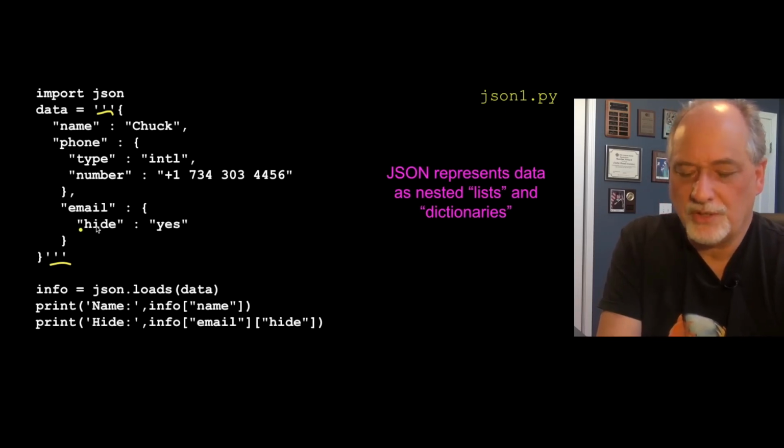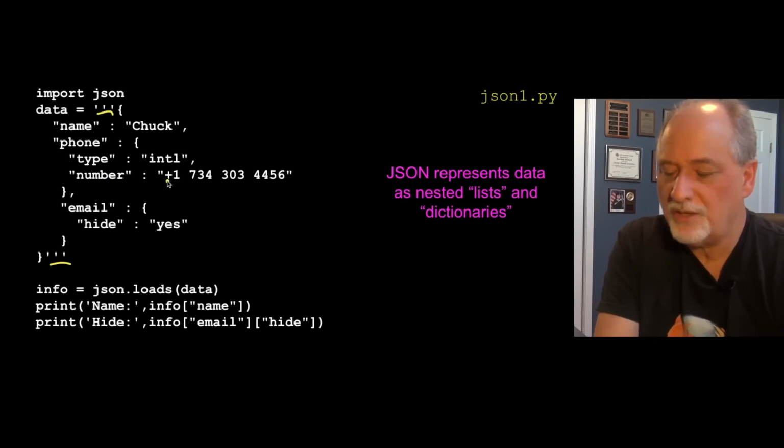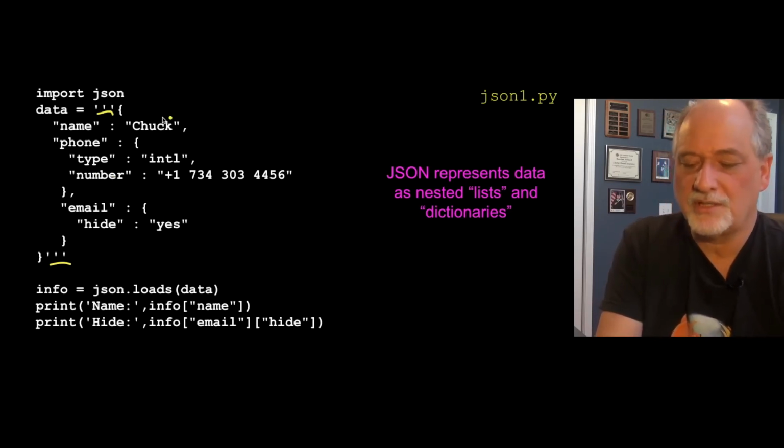And then you can do this. And so this is a structure that has one key value pair that's a string, another key value pair that's an object, another key value pair that's an object, and then these are key values within those contained objects. So this is a string